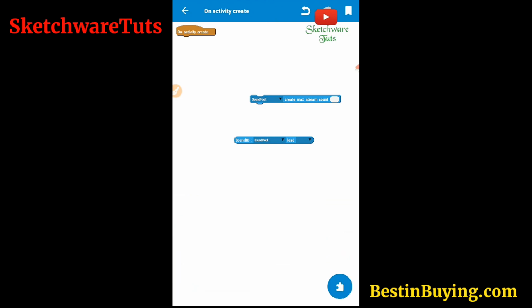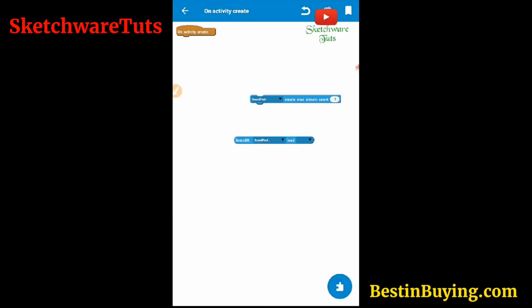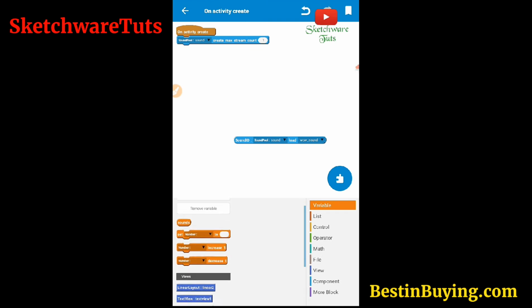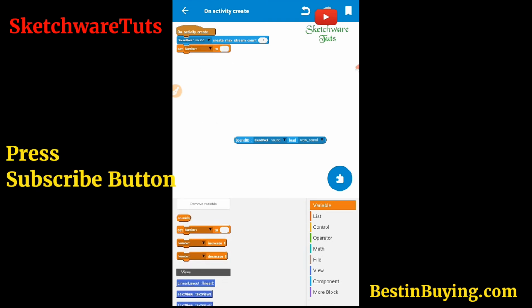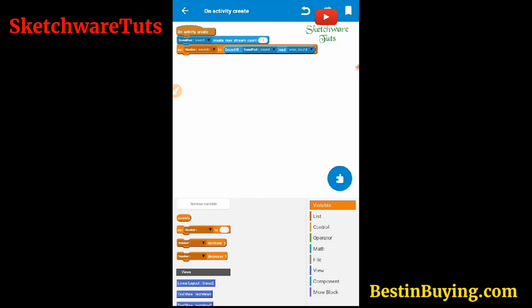Here the create maximum stream count means the maximum number of mp3 files or music files you want to import. So for now I only want one, and the sound pool component sound load wow sound. So just drag this here, and to load this sound drag the set number variable to block and just add here, select the number variable, and